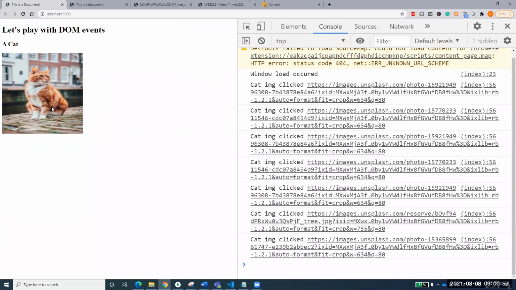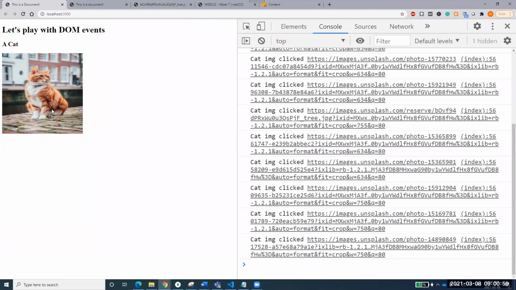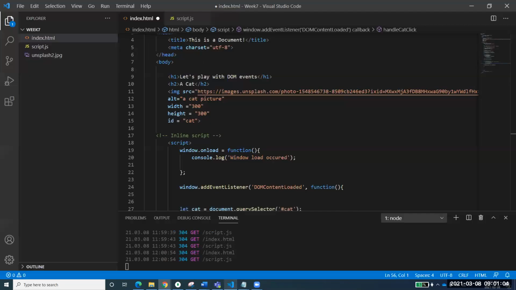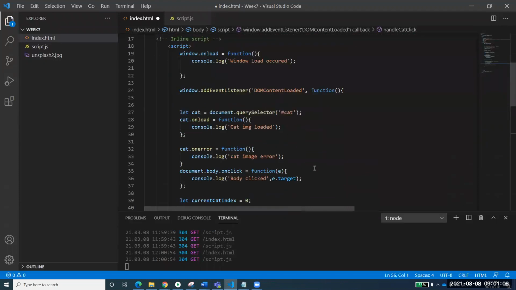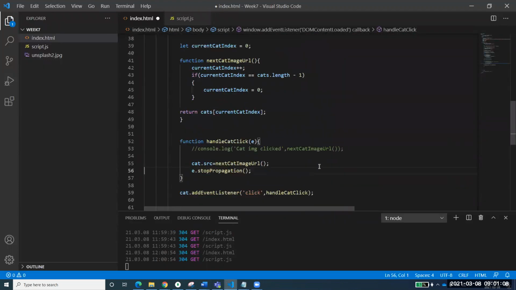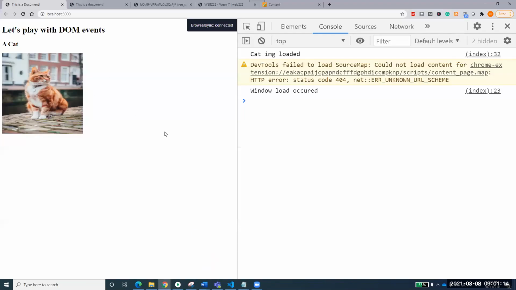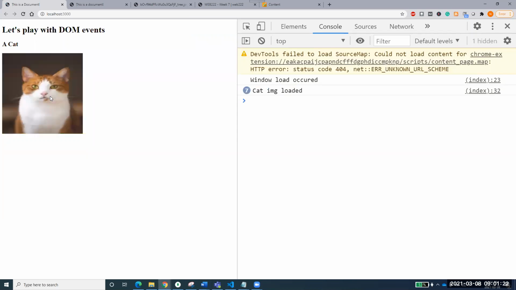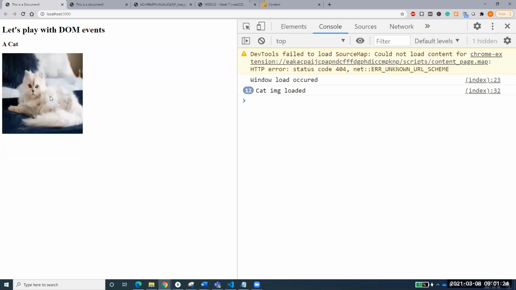Okay, so it's not bringing up the new one. Rather, it is always giving the same picture. That is the thing. Let me just see that. Oh, I've not saved this one. Sorry. Now saved. And run that one. Okay. Oh, yes. Now it's working. You see? It's going to the next image when you click on it.